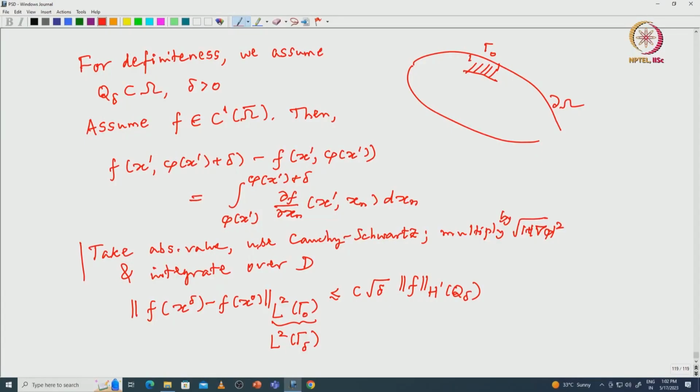Okay, so welcome back. We are in the process of proving that H10 omega is precisely the subspace of H1 omega of those functions whose traces are 0. Now we just proved these two inequalities for C1 omega